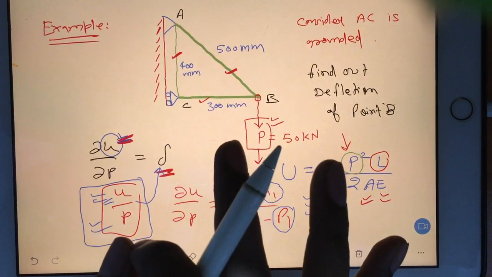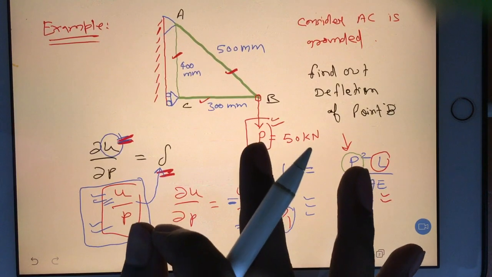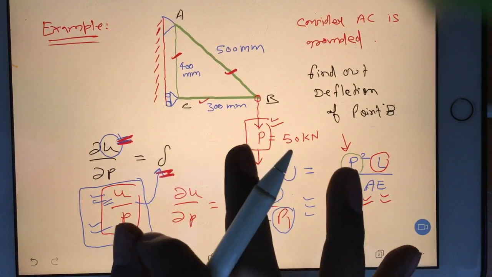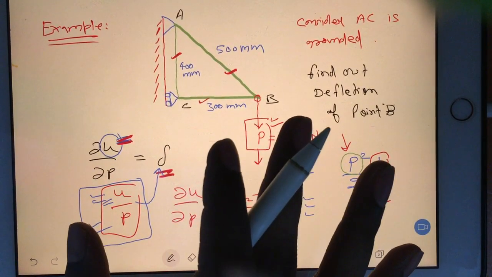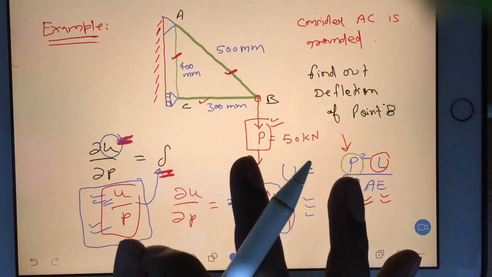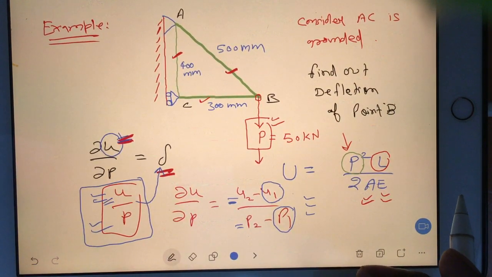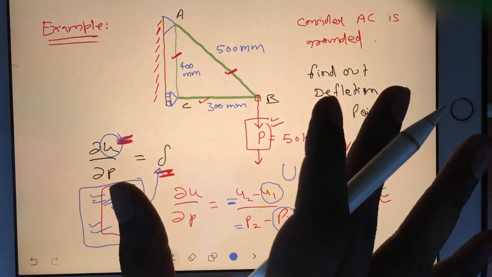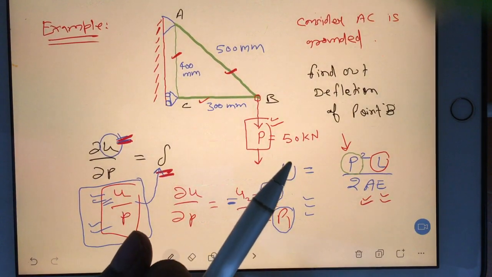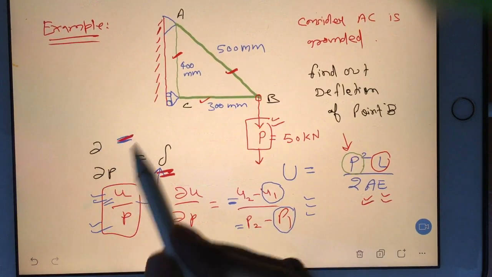So actually, what is our step 1? Our step 1 is, in every member, we have to find out the axial forces. That is very easy. Either by applying Lami's theorem you can find out, or by distributing the forces with the component method. Okay. So I will erase all these things.